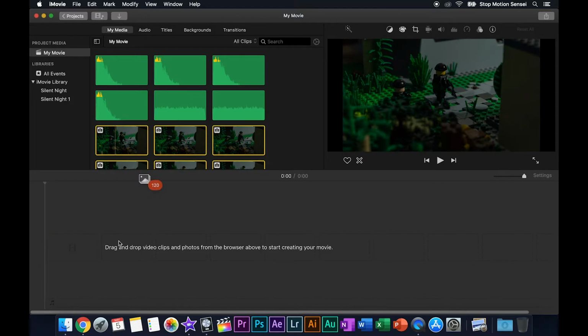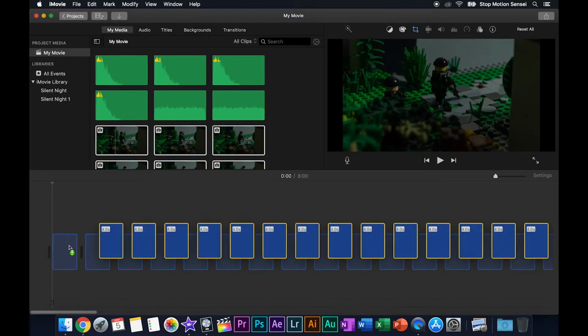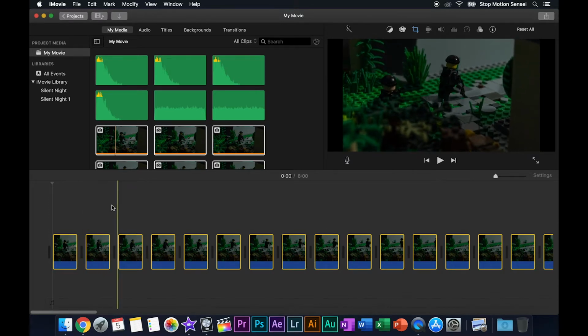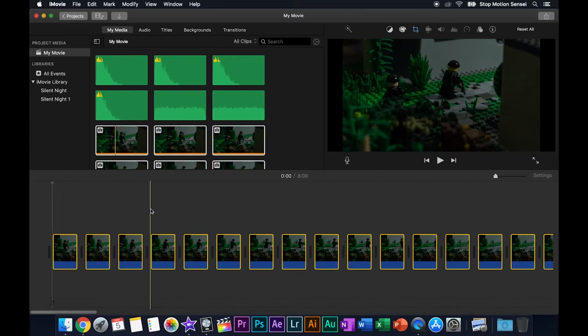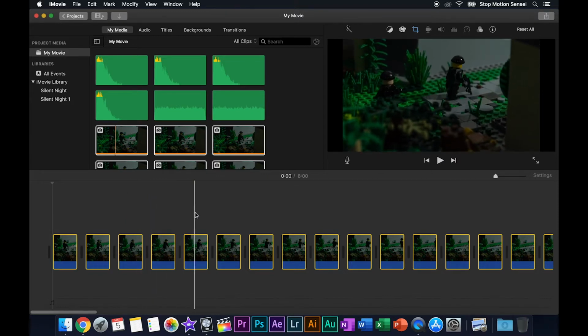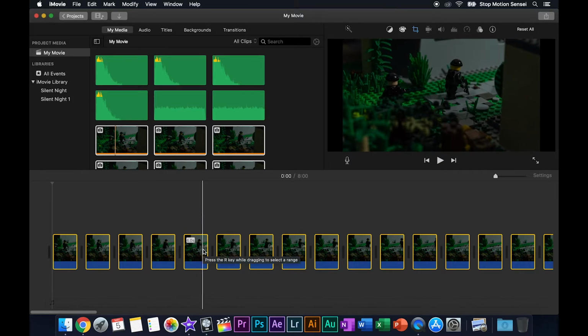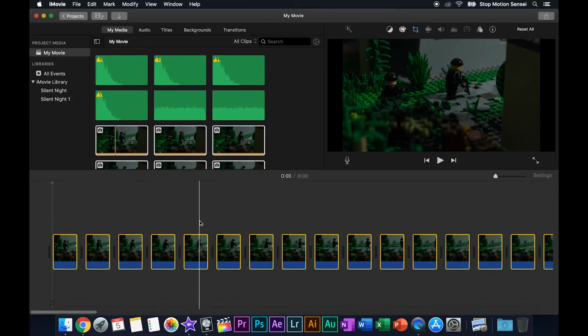So I'm going to click on this. I got 120 photos, and I am just going to drop them right into my timeline, and now we have some video. You're going to notice that iMovie's default settings have all of your pictures on screen for 4 seconds, and they're doing this weird zoom in and zoom out thing, and that is called Ken Burns, and that is